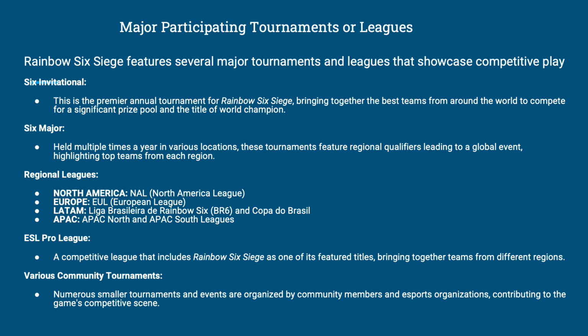Alright, so in this slide we're going to be talking a little bit about the major participating tournaments and or leagues for Rainbow Six Siege. So to start, Rainbow Six Siege features several major tournaments and leagues that showcase competitive play. One of the biggest ones is the Six Invitational, and this is the premier annual tournament for Rainbow Six Siege, bringing together the best teams from around the world to compete for a significant prize pool and the title of World Champion. There's also the Six Major, which is held multiple times a year in various locations. These tournaments feature regional qualifiers leading to a global event, highlighting top teams from each region. So first the teams will play in the Six Major, and then the best teams out of those tournaments will get invited to the Six Invitational, which is the World Champion